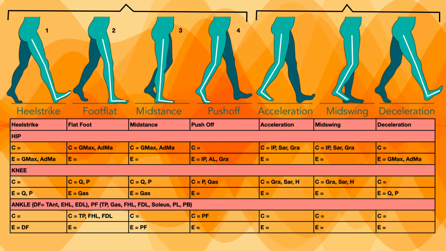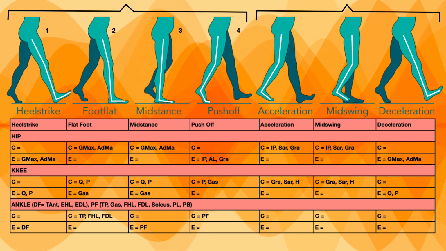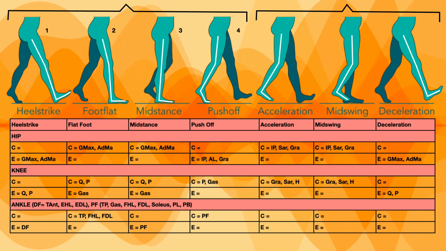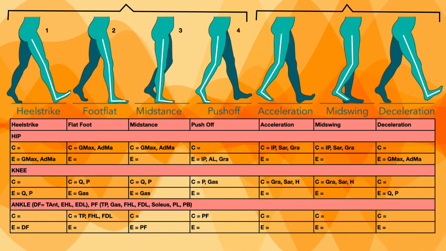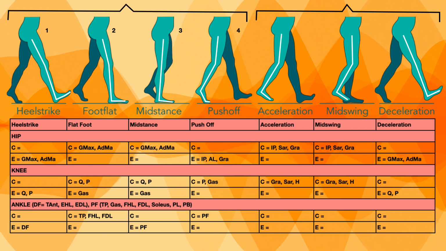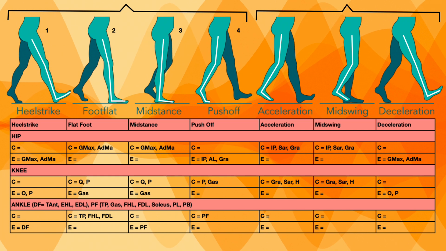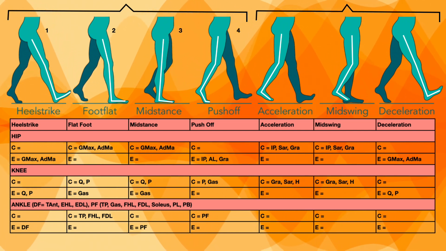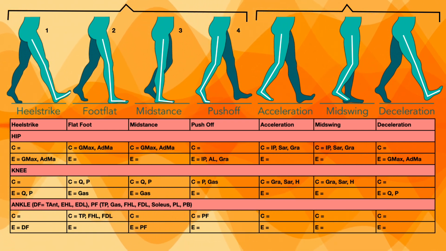So in the heel off and toe off phase, we can see that the foot is in a plantar flexor state. There will be full activity of all the plantar flexors at this stage, and all the plantar flexors will be in a state of concentric contraction, including tibialis posterior, gastroc, flexor hallucis longus, flexor digitorum longus, soleus muscle, peroneus longus and peroneus brevis. So all the muscles which cause plantar flexion will be in a state of active contraction during the heel off and toe off phases.